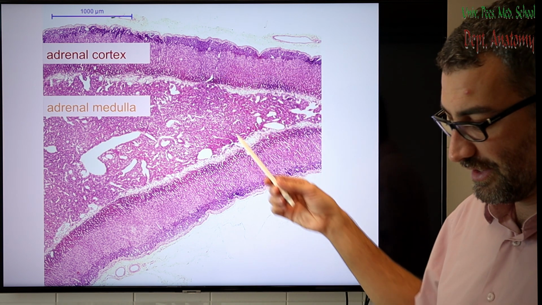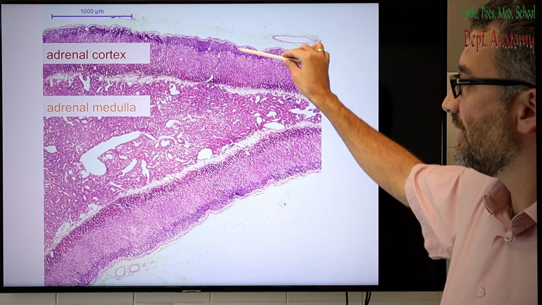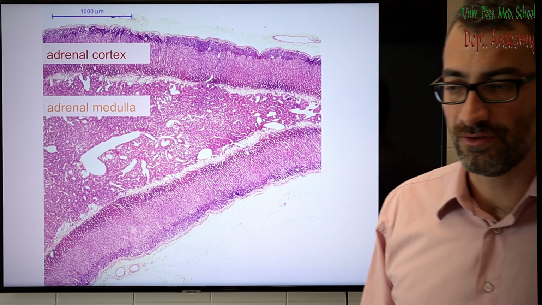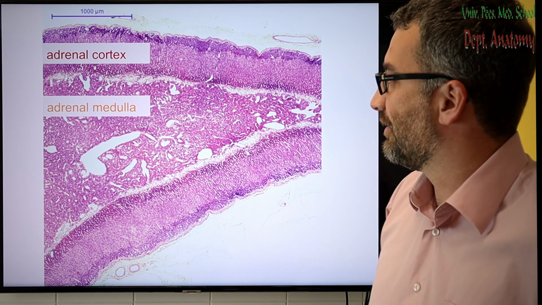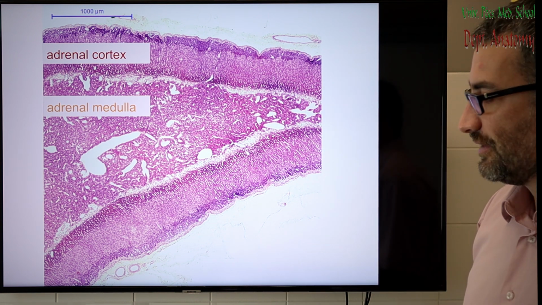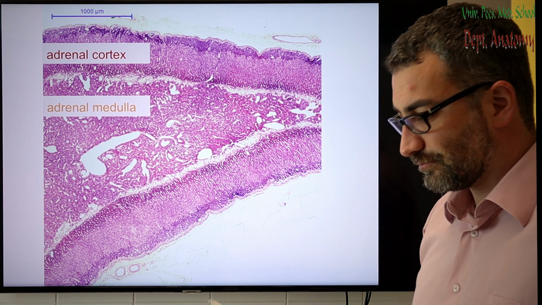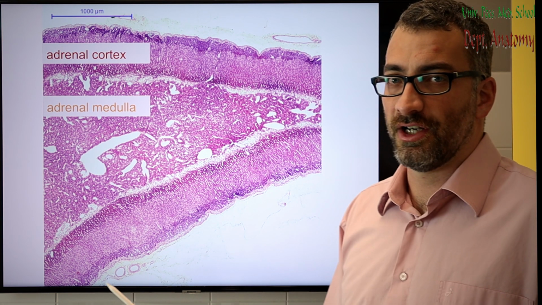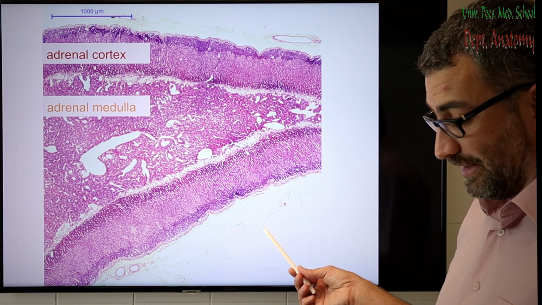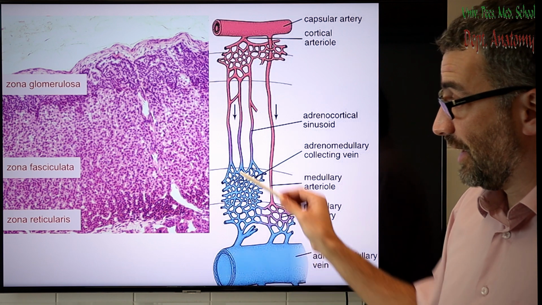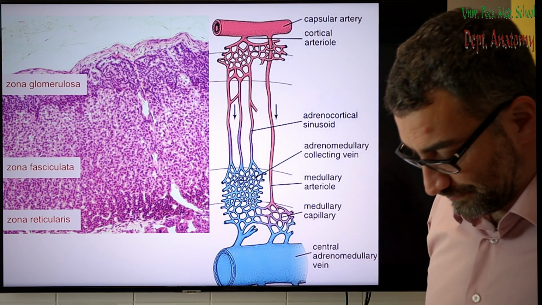When we have a look at the cortex itself, it can be also divided into three regions based on hematoxylin staining, which is very useful to show difference in cellular density or differences in density of cell nuclei. And that is also the reason here why we see difference in the colors of